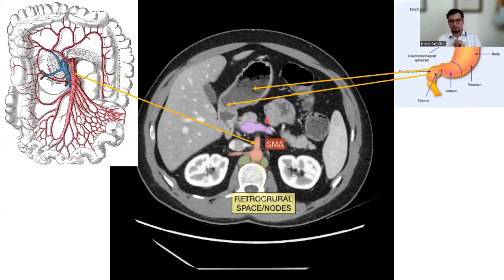And now here you can see the superior mesenteric artery. This is the second branch of the aorta. The superior mesenteric artery arises from the anterior surface of the abdominal aorta, just inferior to the origin of the celiac trunk, and it supplies the intestine, from the lower part of the duodenum